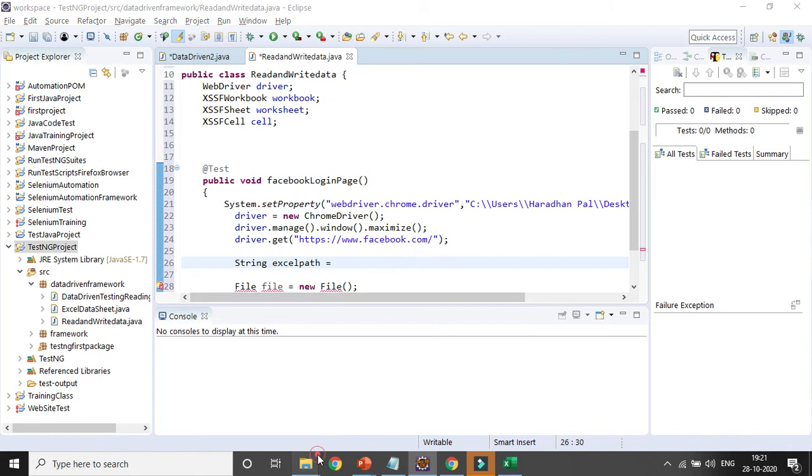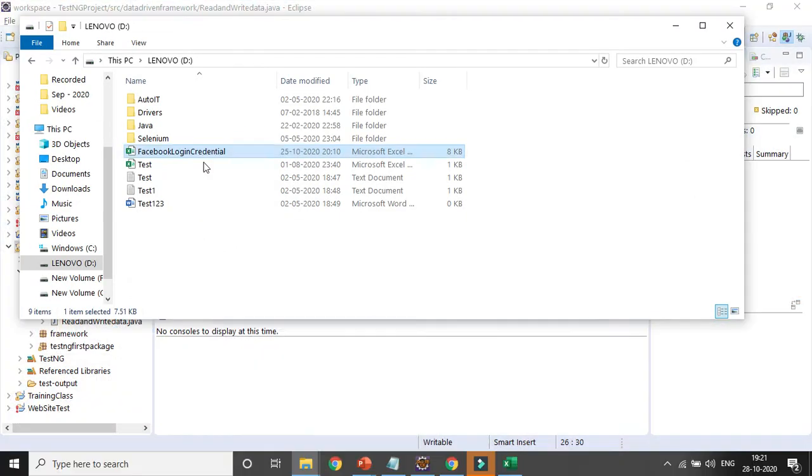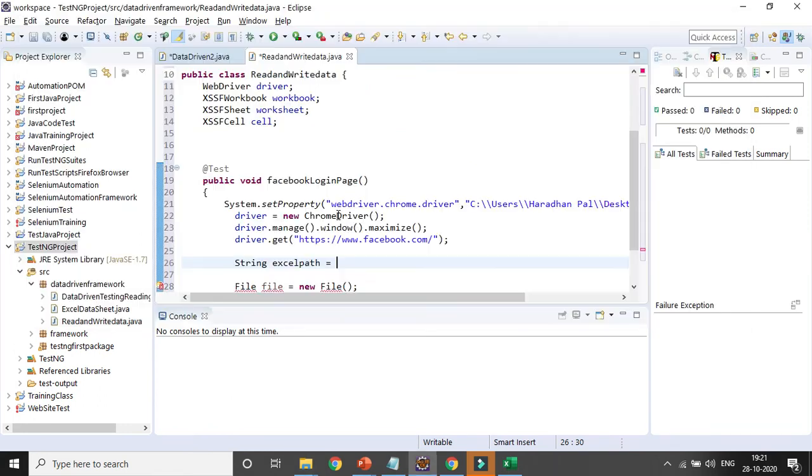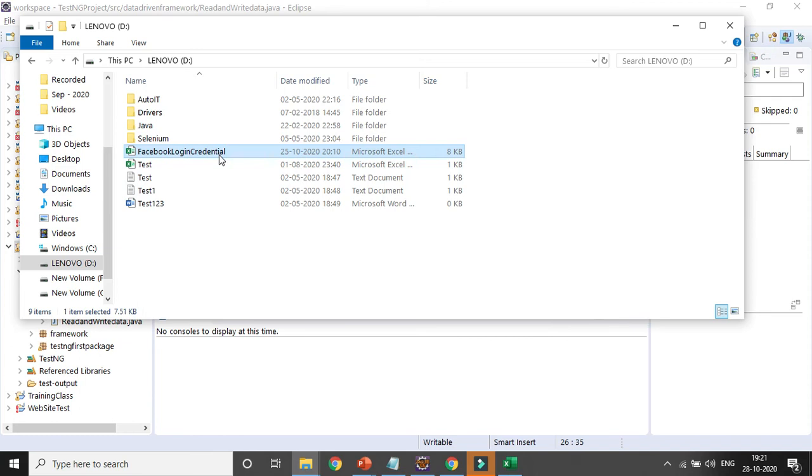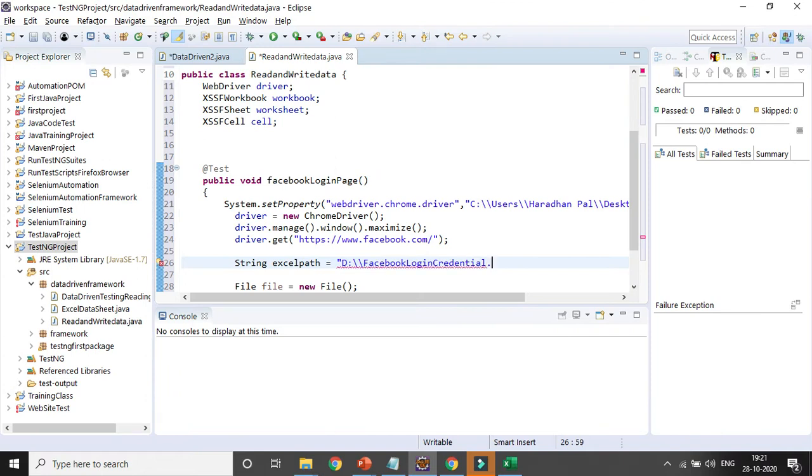Here it is placed in the D drive. So I need to start with inverted commas, and this is the file name, the Excel file name, Excel sheet name .xlsx.